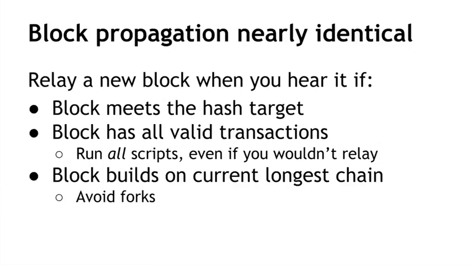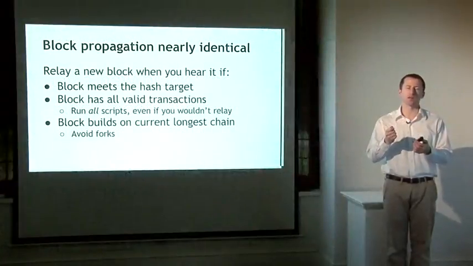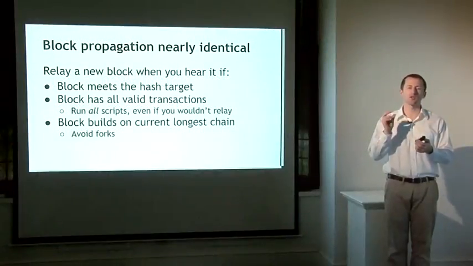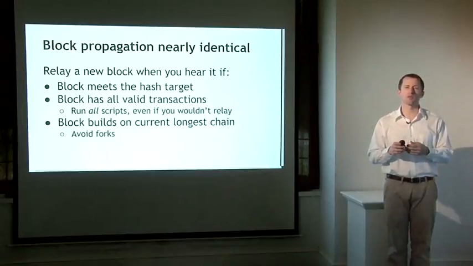Now, I've been talking mostly about transactions here. The logic for announcing new blocks whenever miners find a new block is almost exactly the same as propagating a new transaction. So the same algorithm is used to announce new blocks around the network. It's the same flooding algorithm, the same gossip process. And in this case, instead of verifying that the transaction is valid by running a script, the nodes are going to verify that the new block is valid by computing the hash and making sure that it starts with a sufficient number of zeros to meet the difficulty target.